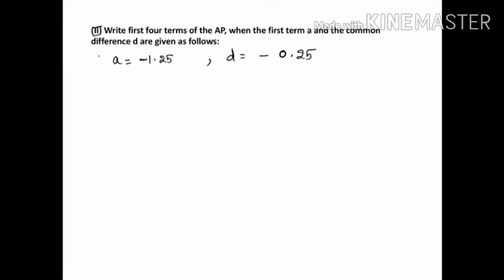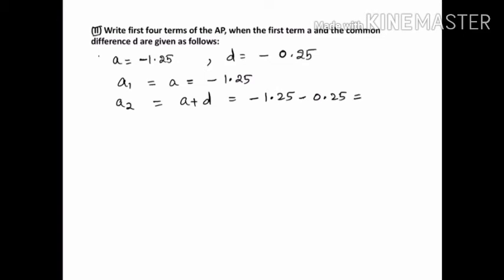Second question of the same exercise. Write first 4 terms of the AP when the first term A and the common difference D are given as follows. The first term A1 will be A, that is minus 1.25. The second term A2 will be A plus D, adding the common difference to the previous term. So minus 1.25 minus 0.25